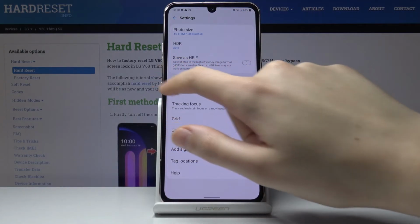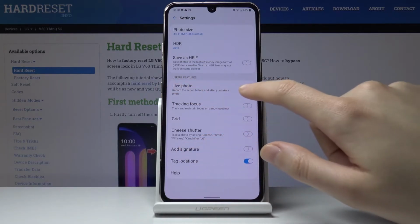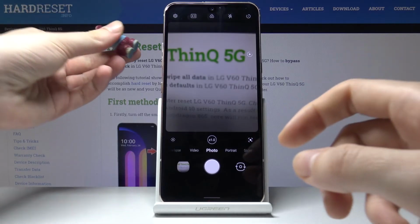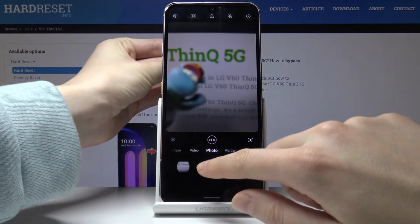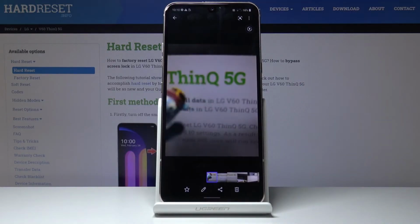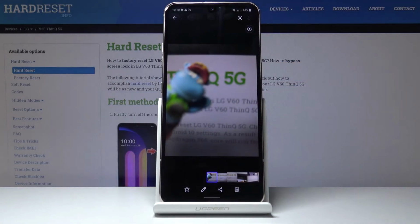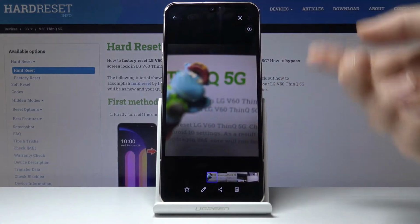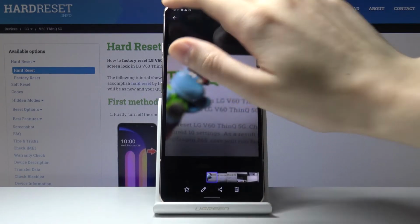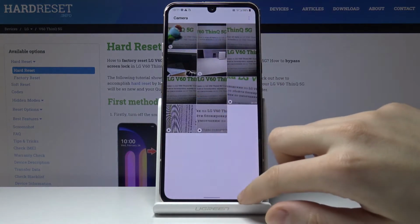And we go to the useful features. Here we can make live photo. As you can see, this is how it works. So when we take a picture with some subject and go to the preview here, it generates a short clip we can watch. And now we go back to the settings